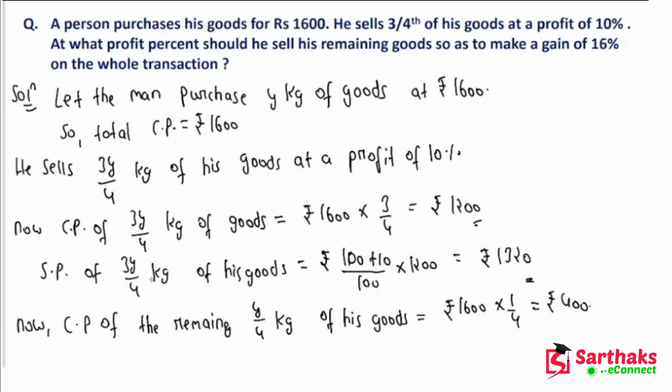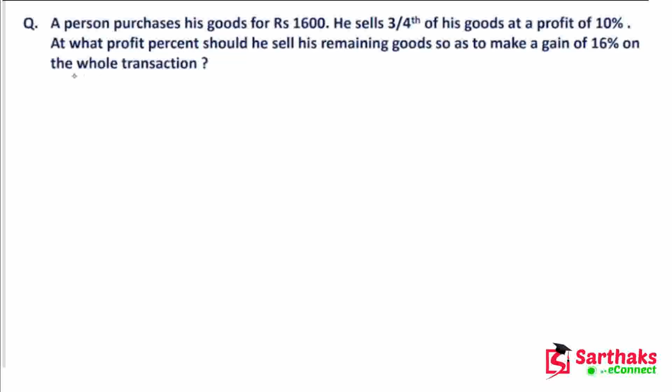Okay, obviously you have calculated the cost price of 3y by 4 kg of goods, and you have also found the selling price. Similarly, we are calculating the cost price of the remaining y by 4 kg, which is rupees 400. Okay, so he has to make some percent profit on this last y by 4 kg of goods, so that the whole transaction is at 16%. Okay, so we can write that